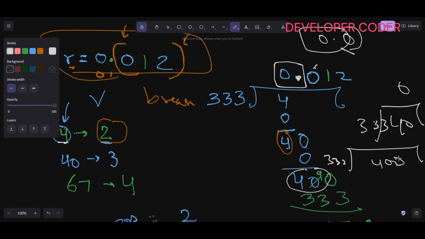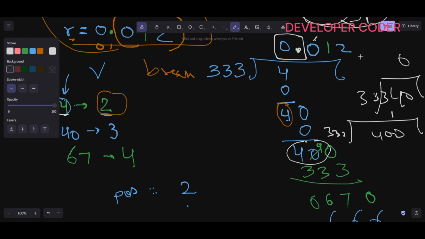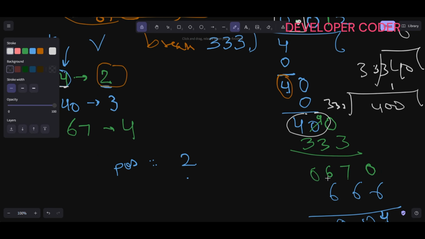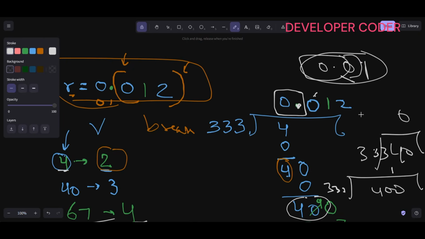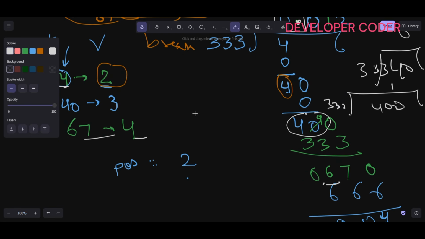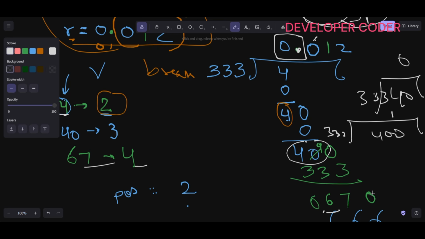And whatever result you get here, that is 1, so you append this result here. 400 is not there, so you add this and 1, and here the remainder is 67. 67 is not there, so you add this. And once this is done, you see that 67 is not there in the map. So again you proceed, you add 0, and then 670 divided by 333